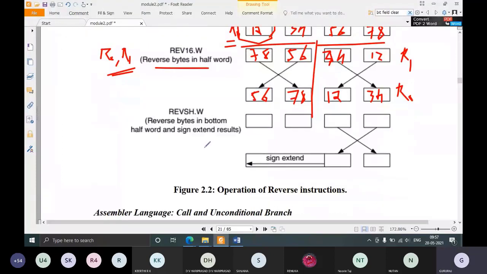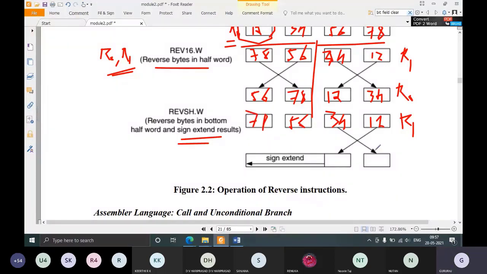Next is REVSH.W. It is reverse bytes in the bottom half word and sign extend. Fine. So again, if we take this as R1, I'll take the same values again. This is 1, 2, this is 3, 4, this is 5, 6, and this is 7, 8.